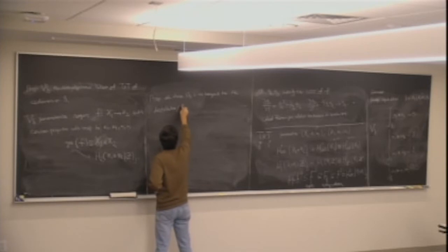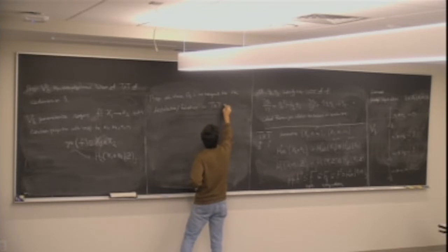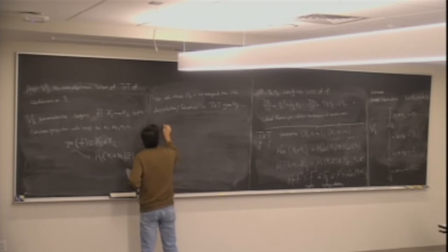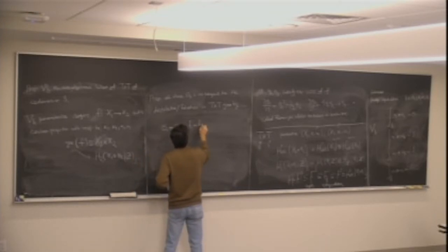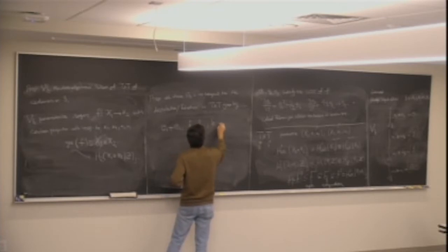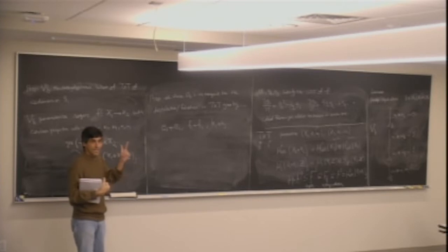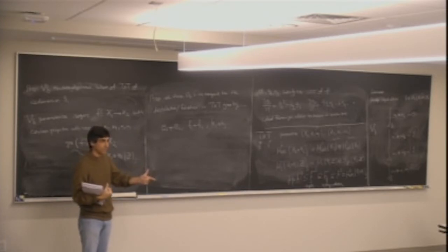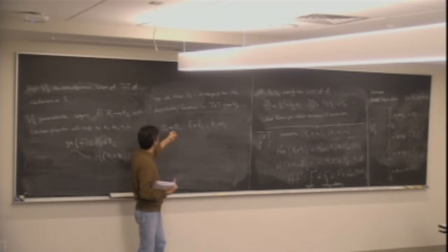Remember that in each T I had E, F, H, three vector fields. So I made T times T. The first T I called the corresponding E1, F1, H1, and the second one E2, F2, H2. So I make this kind of sum. I have three vector fields in a six-dimensional space,